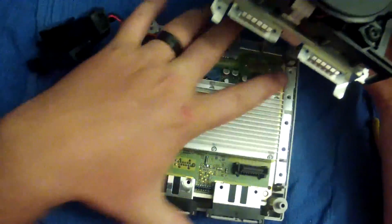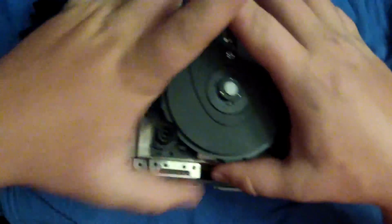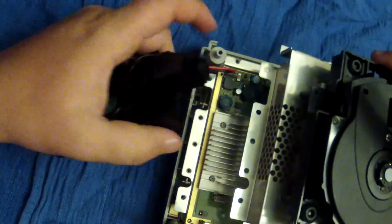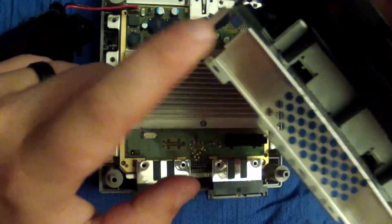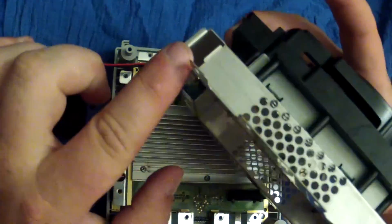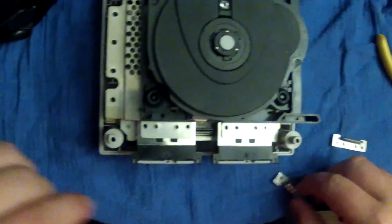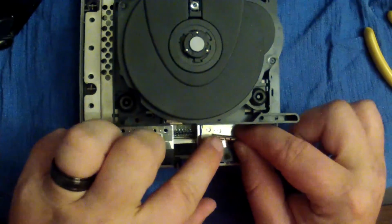And then we're going to take this, and we are going to put it on top of our heat sink and our motherboard. And as far as your wires go for your fan, there's a groove on the side right here. That's where your wires are going to go. I don't know if y'all can see that or not. Hopefully and surely you can. Like I said, here's that groove. This is the front of the GameCube. There's your groove, and there goes my clips. And here we go. As you can tell, there's your wires in that little hole that's cut out. And put our clips back on,